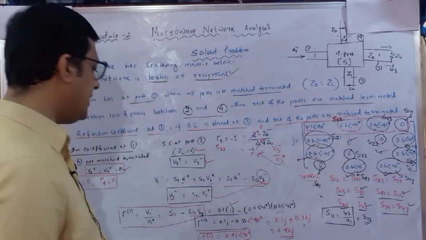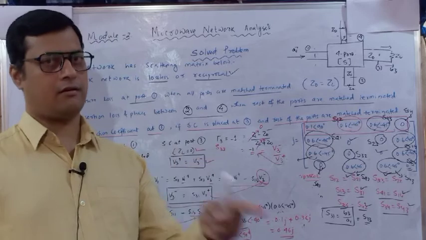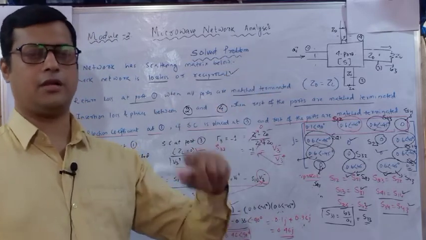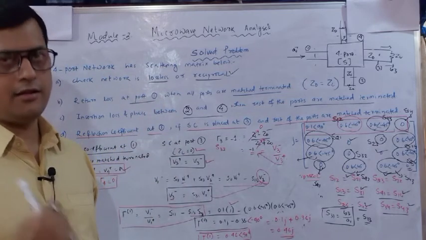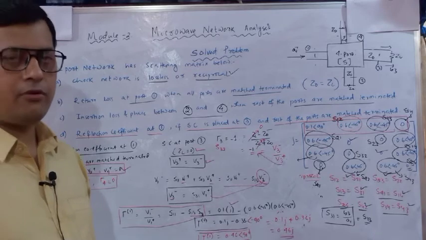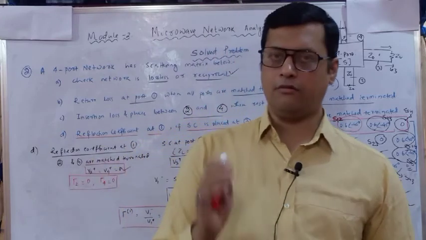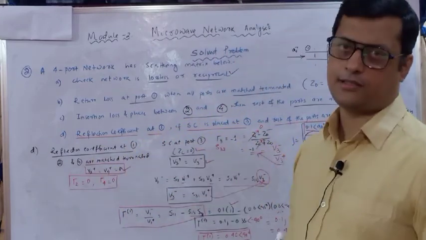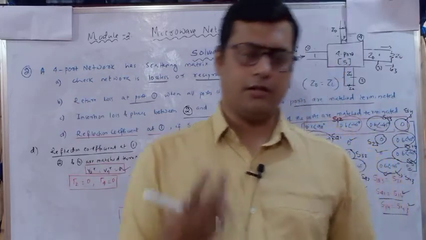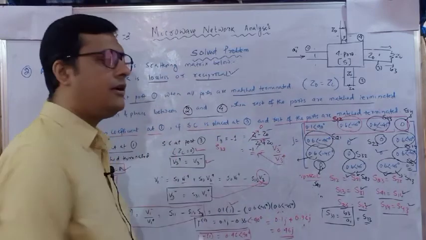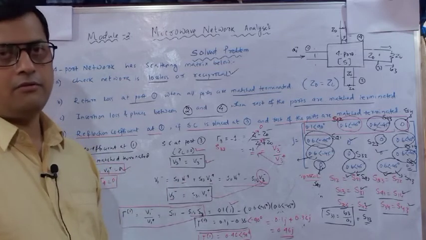So this is called my reflection coefficient at port 1 if port 3 is short circuited and port 2 and port 4 are both match terminated. Like this, in the exam they will ask analytical questions. You have to think properly which particular port is excited, which is short circuited, and which ports are match terminated. According to that you have to identify all these relations. All these relations are already derived, so you need to recall them and analyze according to the given scattering parameters. Okay, we will go for one more problem and then we will wind up.